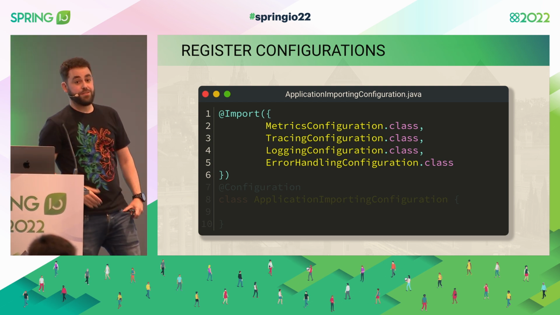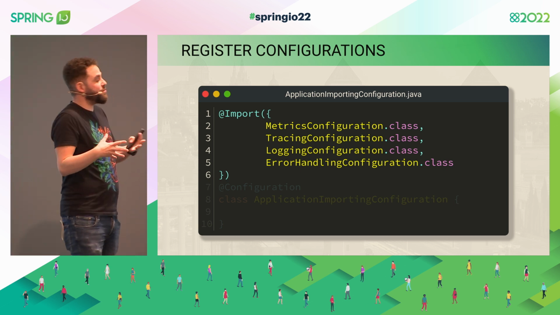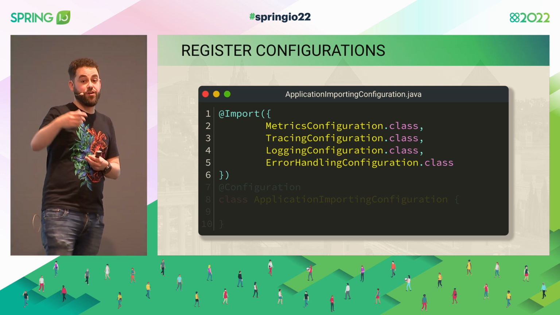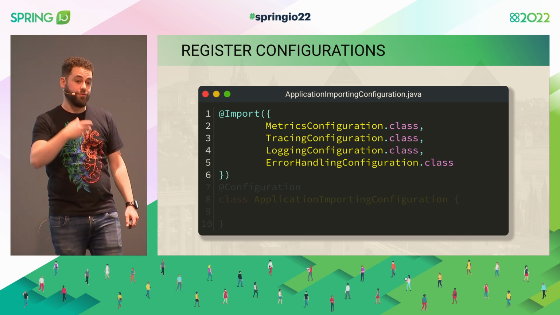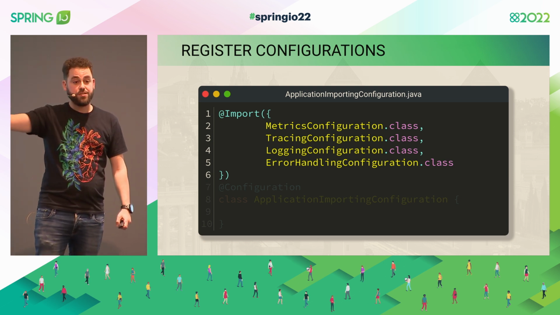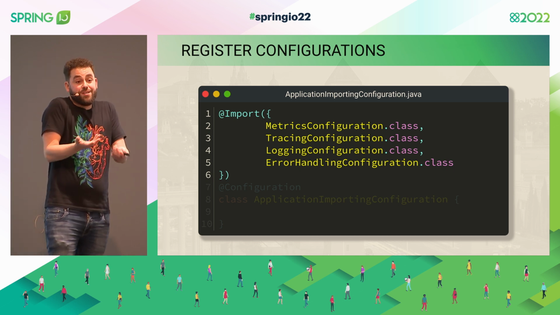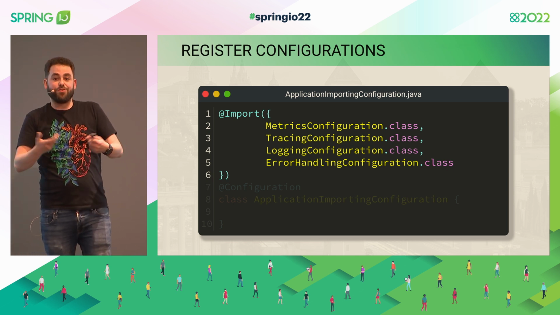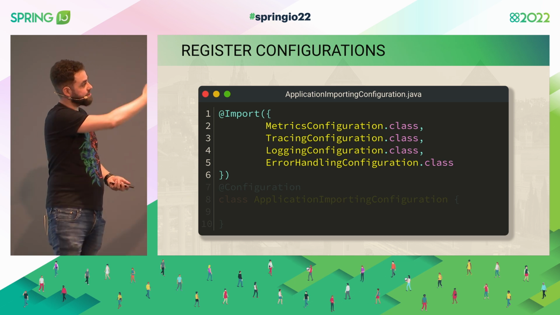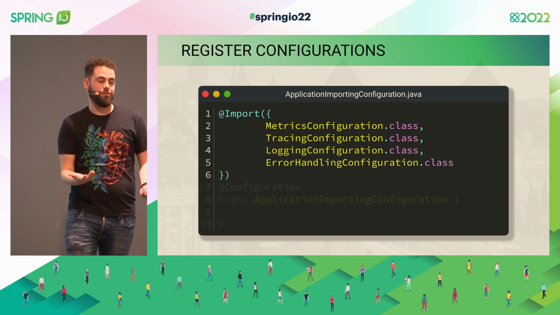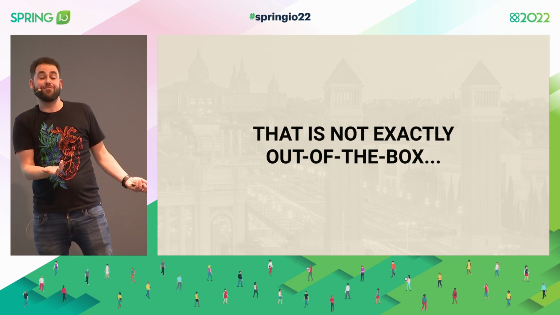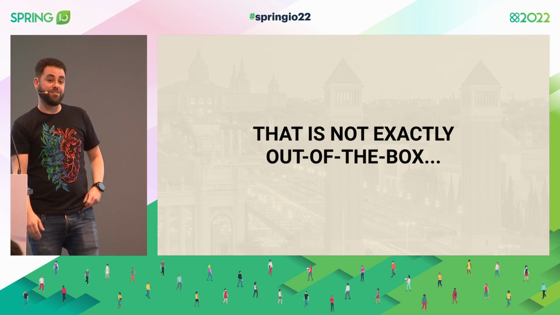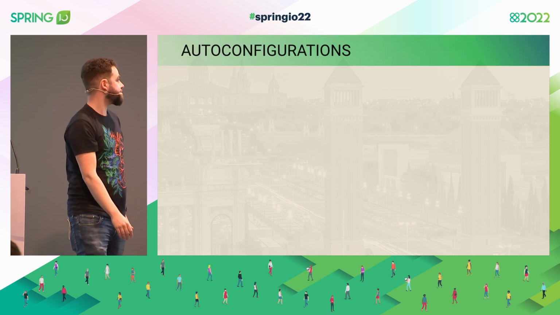The reason for it is because we are assuming that we can just have a common configuration, but reality is that we are going to have reactive applications. We are going to have servlet-based applications. We are going to have maybe applications that use PubSub or something else. And they might be optional things. So we cannot just import all configurations. So we are going to need these granular configurations. And this doesn't scale well, right? And actually, this is not out of the box. That was the first thing we were asking for. So I don't believe this is good enough. I believe we can do something a bit better.